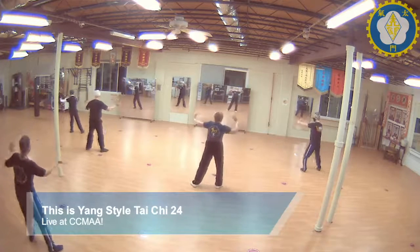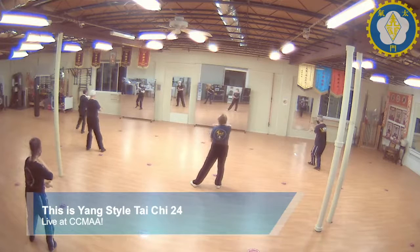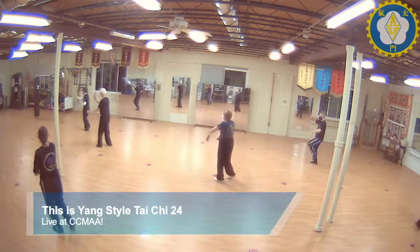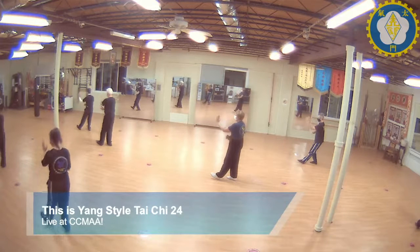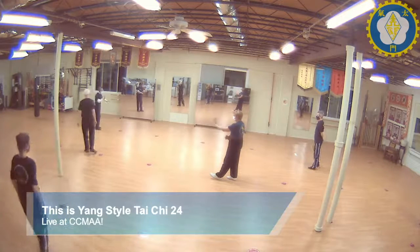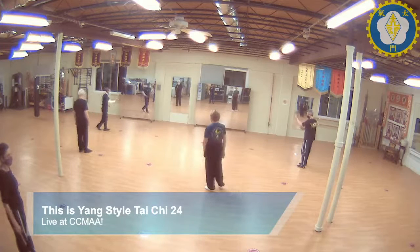1, 2, 3, 4, 5. So what we have a lot of is when the hands cross and we separate the horizontal motion